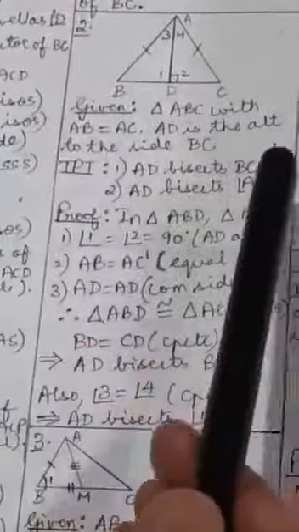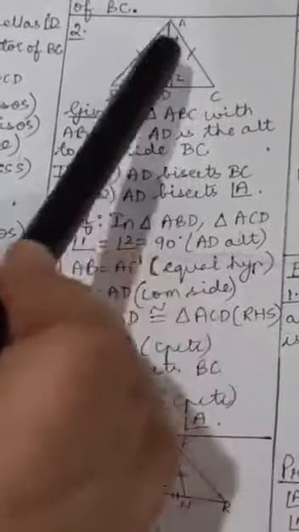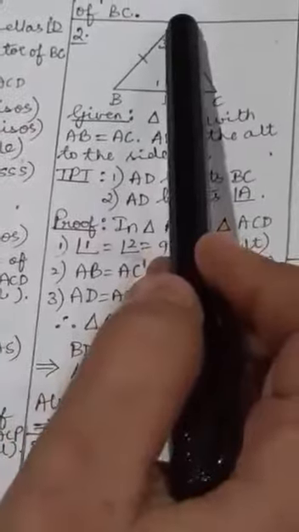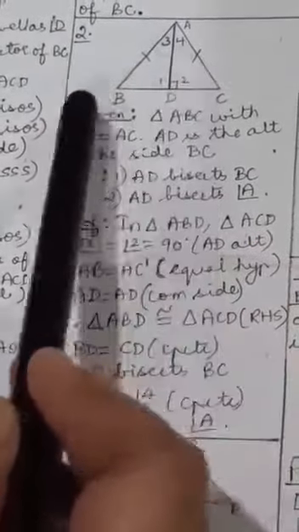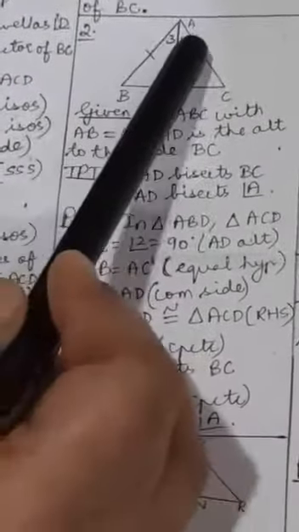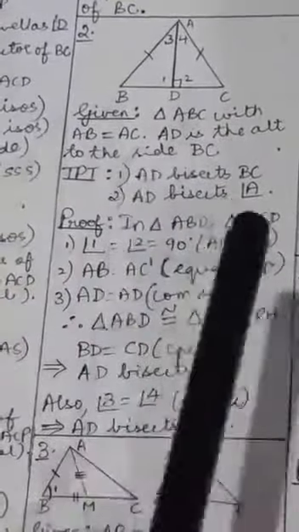So now we have to take up these two triangles. Now the question is, why should we take up these two triangles? Not because only these two triangles are available. The reason is BD and angle 3 are of this triangle. CD and angle 4 are of this triangle. We need to prove that BD is equal to CD, right? So BD is of this triangle, CD is of this triangle. We also have to prove that 3 is equal to 4. 3 is of this first triangle, 4 is of the second triangle. So we need to take up these two triangles ABD and ACD.